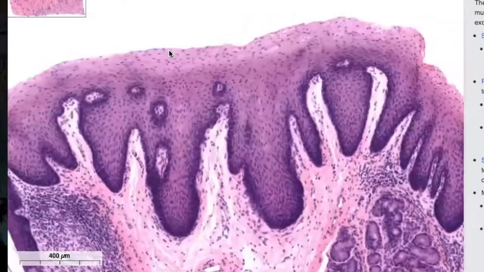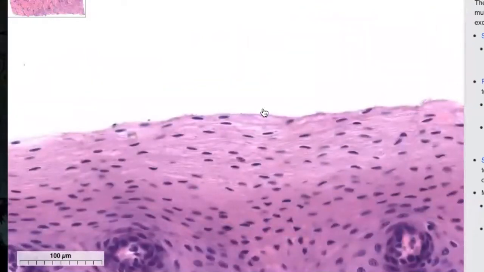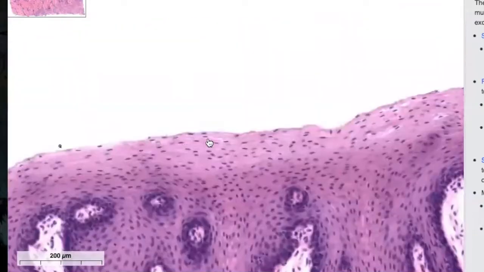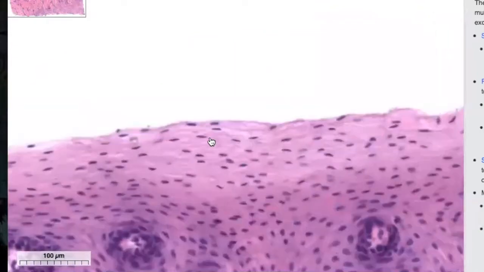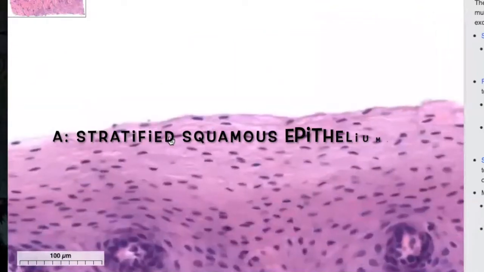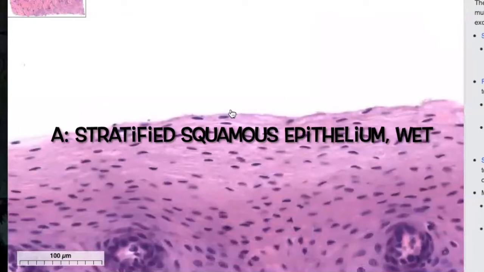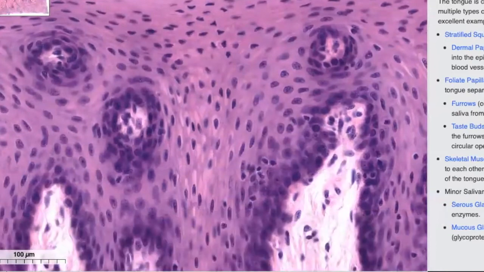Right over here, but that'll be a stratified squamous dry, number one, because stratified squamous wet won't be on your practical, right? But these will be, right? The living squamous cells. So that's what you're looking at there. All right, so that's your tongue